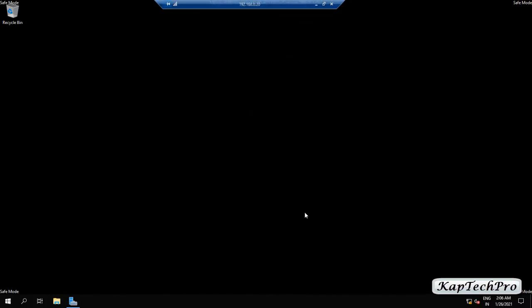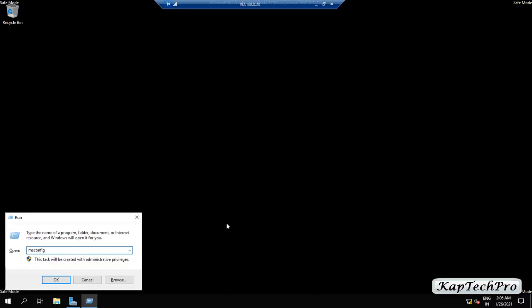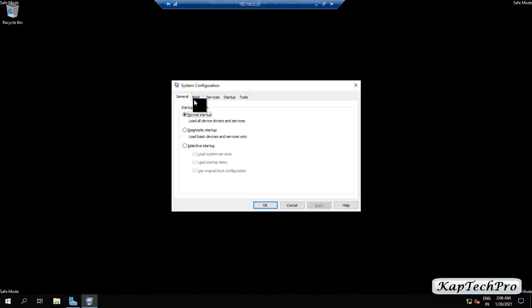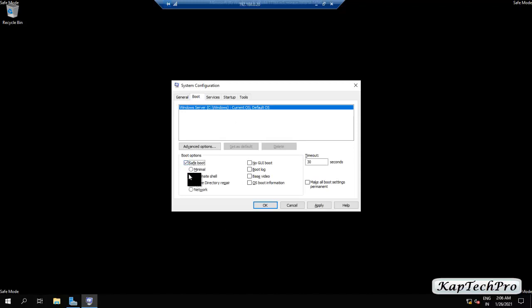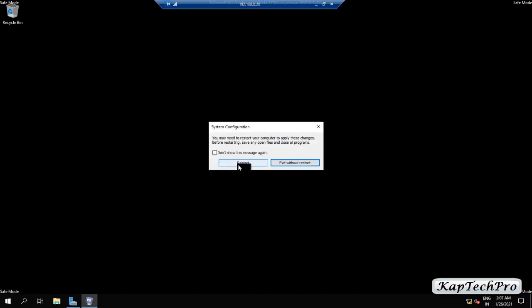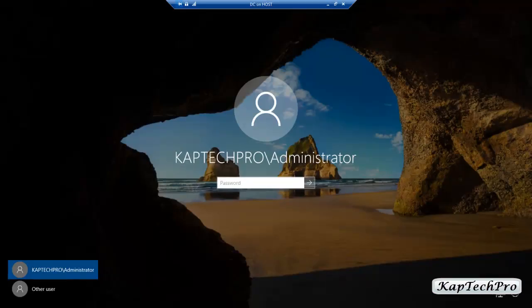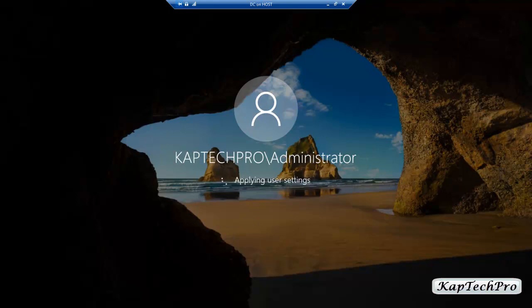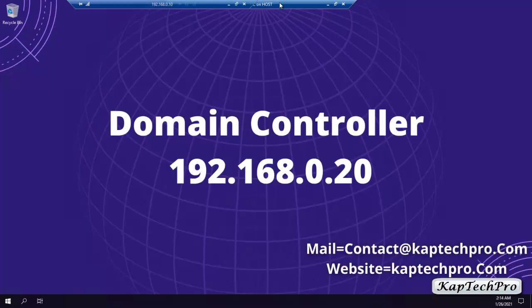Now we will reboot our computer to normal mode. We will type msconfig, press enter. We'll click on boot. We will uncheck the box. On General, we'll select normal startup and we'll click on apply and click on OK. Click on restart. Okay friends, so we have booted our machine and now we can log into our domain administrator. One thing guys, make sure it is a normal boot. Otherwise, if you are booting using the DSRM mode, you won't be able to log into the domain administrator. We will enter the password. So as you can see, now we are able to log into the domain administrator.